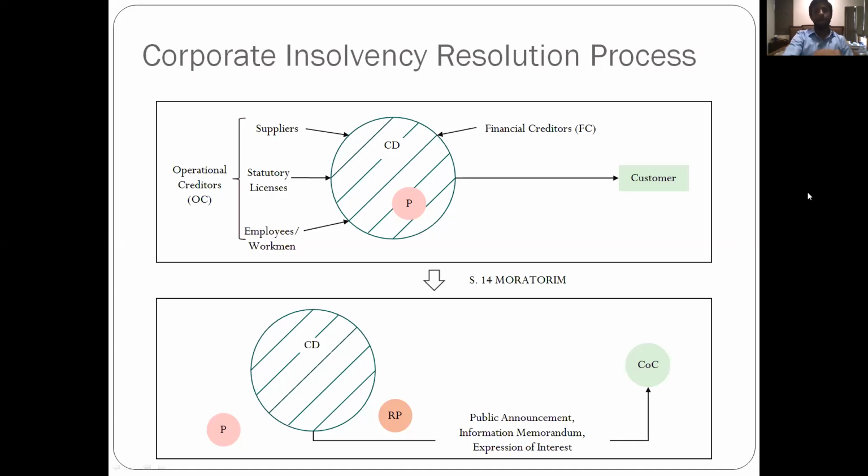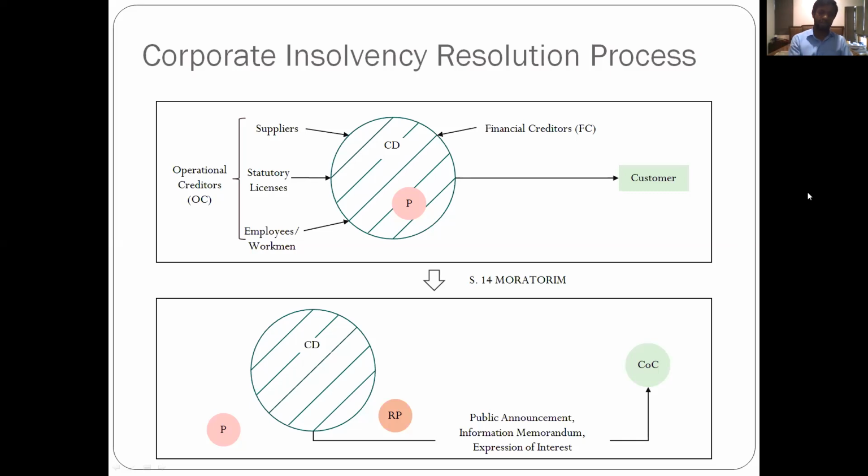Now, this needs to happen at a forum. The forum at which an operational creditor or a financial creditor will go is the NCLT, the National Company Law Tribunal. There are about 11 in different cities all over the country. And you need to make an application. More on that later. It's a statutory standard. You put in the application, the court hears you out, and then provided you have a default. Now, the important word is default here. That's what Innoventive, Swiss Ribbons, and a lot of other Supreme Court judgments refer to.